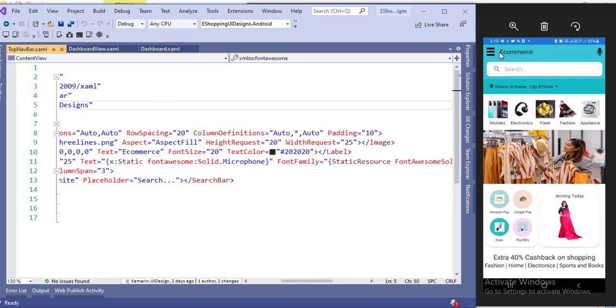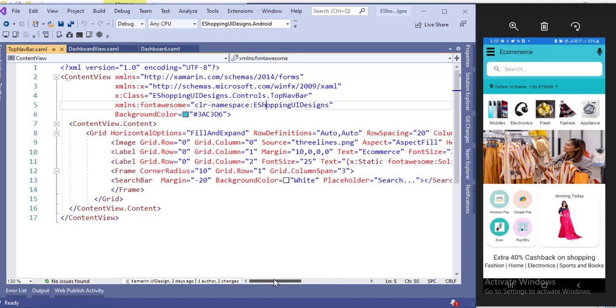This is auto, this is star, it will take the whole width, and this is auto. For this I have used an image, and another, this is a label, and this is a label using font